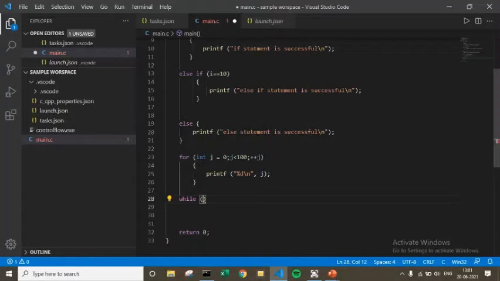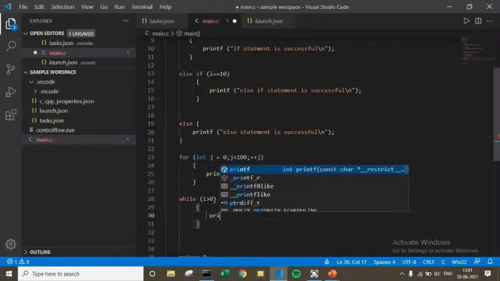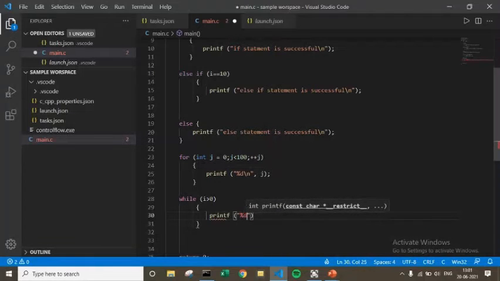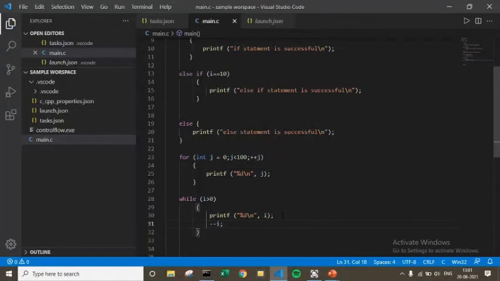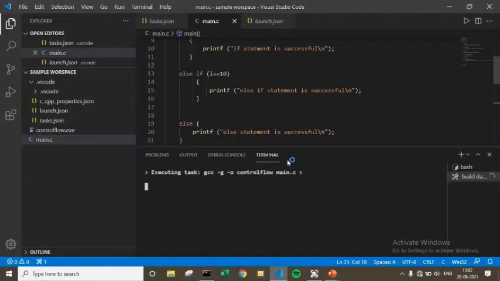And let's make sure that i should be greater than 0, and just printf %d new line, and i, and let's decrement so that it prints from 100 to 1, all the numbers in reverse. So let's build it, and you will observe the change.